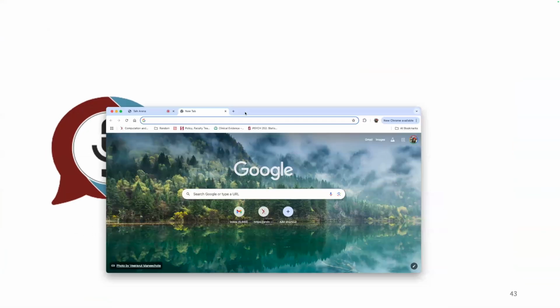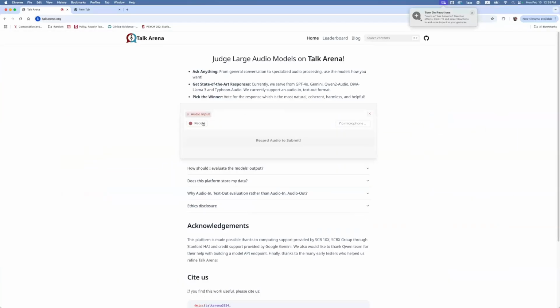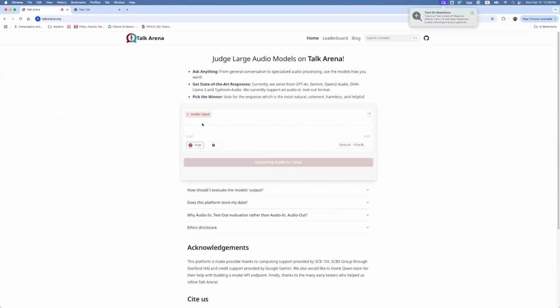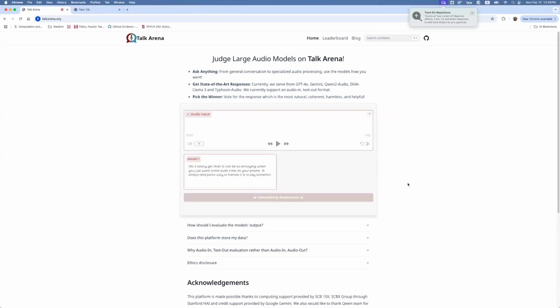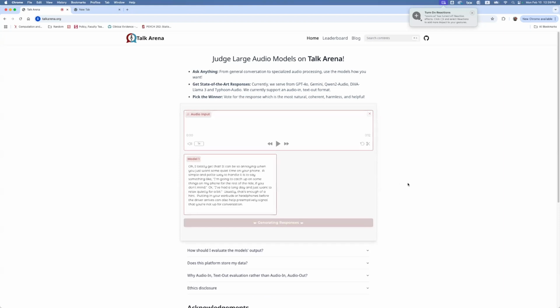Can you all see my new screen? Yes. Okay, cool. So I'm going to just ask a question to it, and then we can see which result is more preferred. My Uber driver keeps talking to me while I really just want to focus on my phone. What should I do to politely ask him not to talk to me? I just ask a question, and then the model will generate a response. There are two models. We don't know which one is which, but we need to vote which response is better.